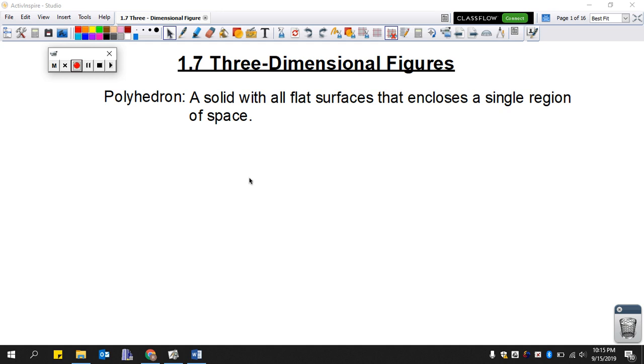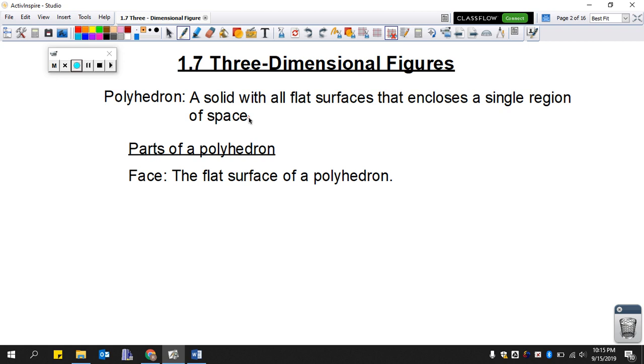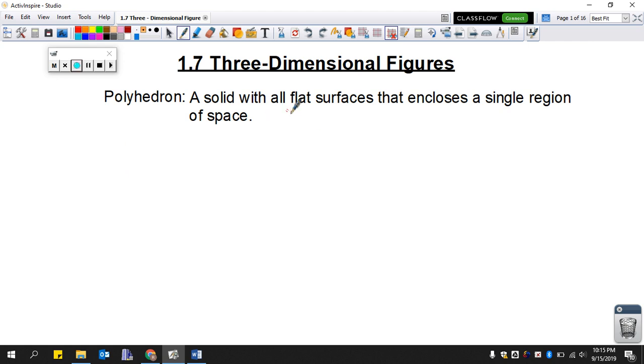In this lesson, we're going to talk about three-dimensional figures. Three-dimensional figures are called polyhedron, right? A polyhedron is a solid with all flat surfaces that encloses a single region of space. Now, some of the things that have to be true of polyhedron, remember the two-dimensional figures are called polygons, all